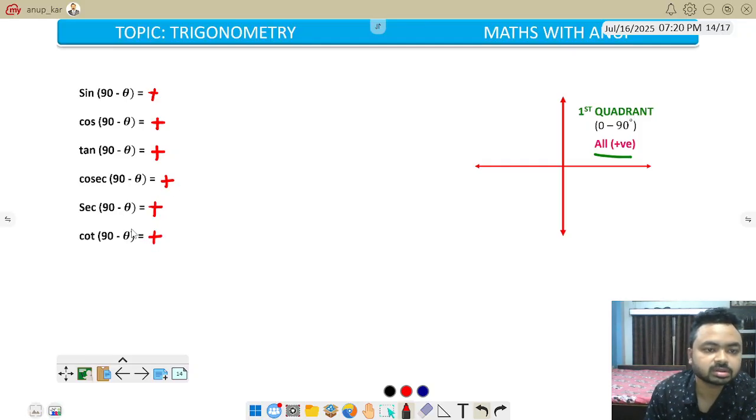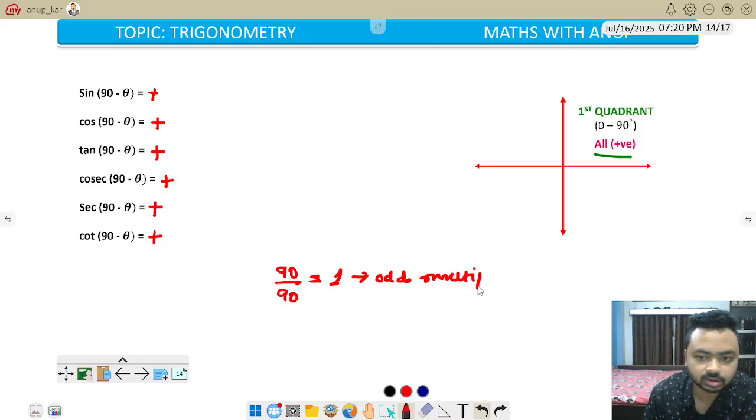Now as we can see, all of these are 90 degree. 90 degree by 90 degree equal to 1, which means an odd multiple of 90 degree. 90 degree is an odd multiple of 90 degree, right? 90 into 1 is 90 degree. So here